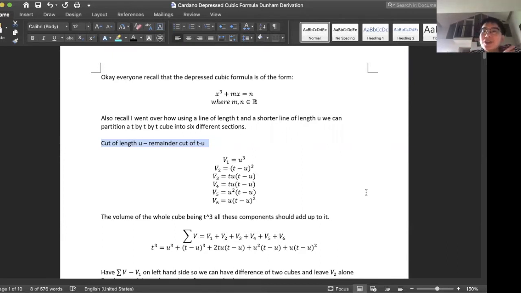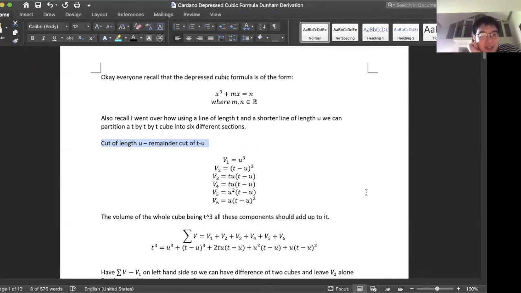The small blue cube that I drew inside the largest cube actually has dimensions t minus u on all sides, so a volume of t minus u cubed. And similarly for the smallest black cube, side length u and volume of u cubed. Okay, with that being said,